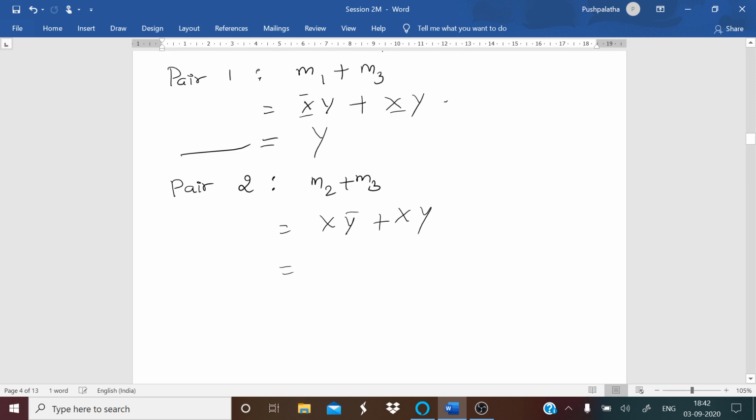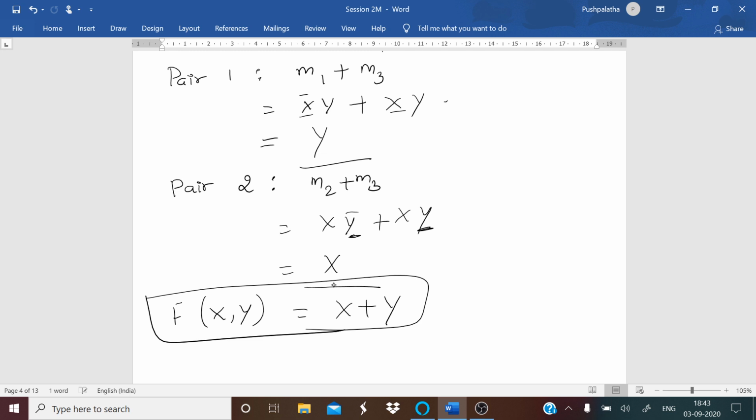So which is the variable that changes its form? Y bar is the variable that changes its form, so you delete it or do not write it. Which is the common variable? X. So the answer is X. So what is the final expression for the function f of x and y? The simplified version is x plus y. Take this answer and this answer. So x plus y. That is how you are going to write your answer. You say that this is the final expression.